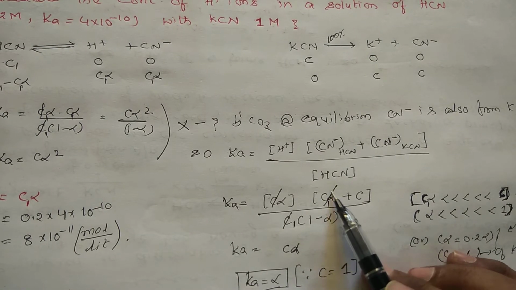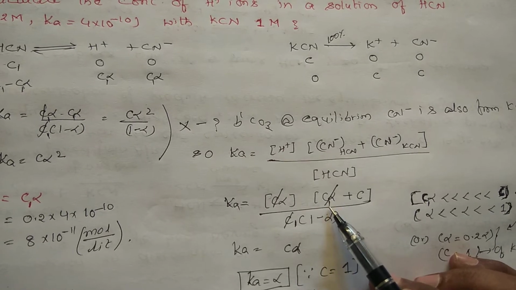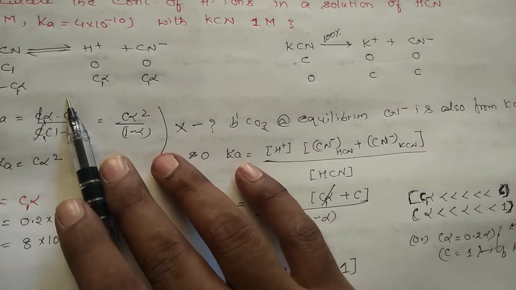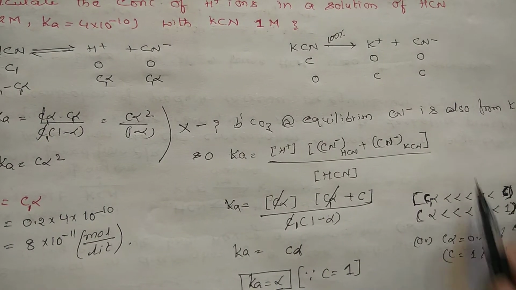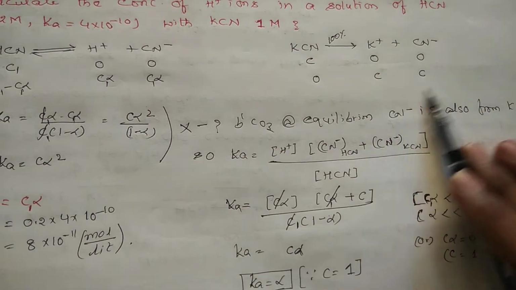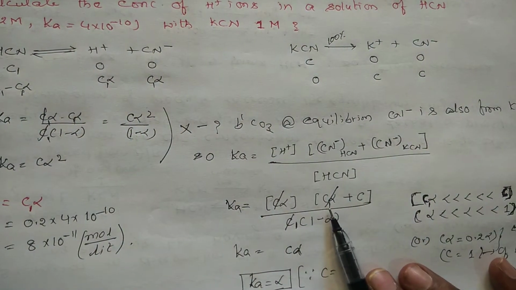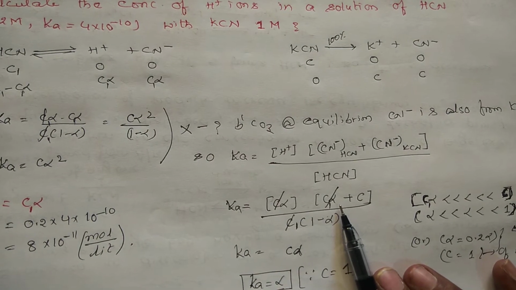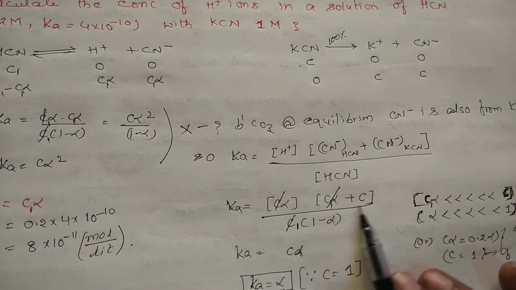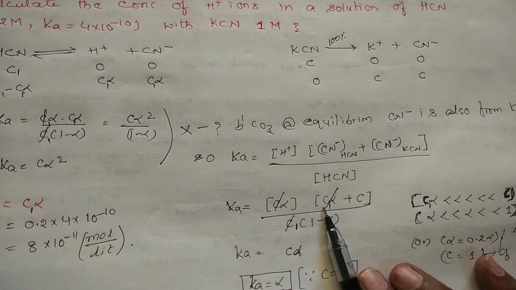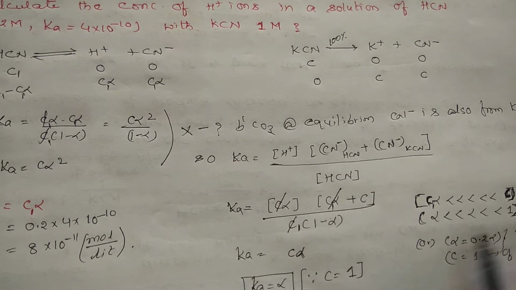See, when you compare C1 alpha plus C, C1 into alpha, the degree of dissociation will be very less. So C1 alpha is very less compared to the concentration of C, because KCN is the stronger one and you will get more amount from it. C1 alpha is very small, and it is again multiplied with alpha, the degree of dissociation, so it will be still less. So C1 alpha will be very, very less compared to C. Among these two terms, you can neglect this one. C will be cancelled. And you know that 1 minus alpha, where alpha is very much less than 1, will be equal to 1.